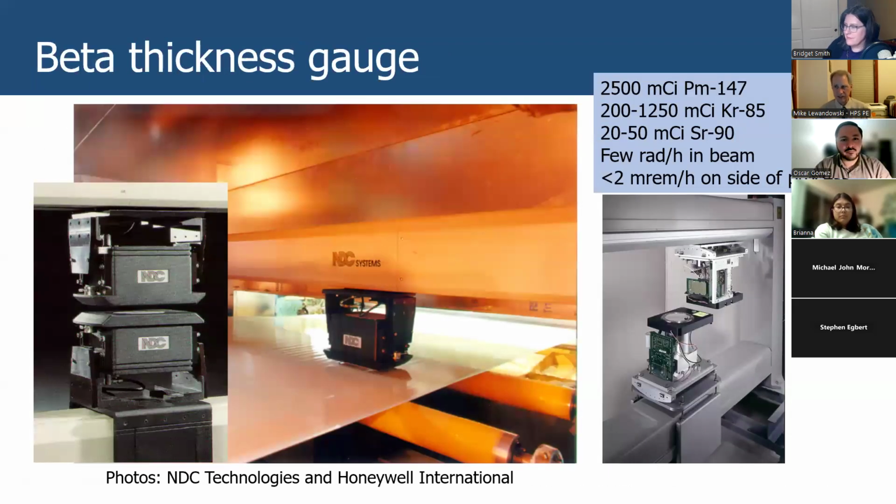So this is what a beta thickness gauge looks like. They're really boring. The radiation source sits in a box, with a safety shutter to terminate the beam. Directly opposite is an ion chamber and a preamplifier, and they pretty much look identical. There's nothing special to look at. But if we place the beta source and the detector opposite each other on a frame, which has some mechanism that lets these two components scan back and forth across the material,